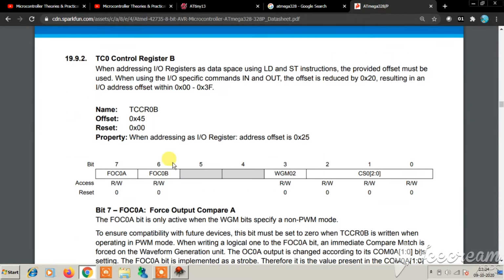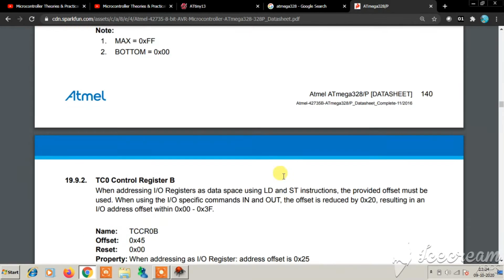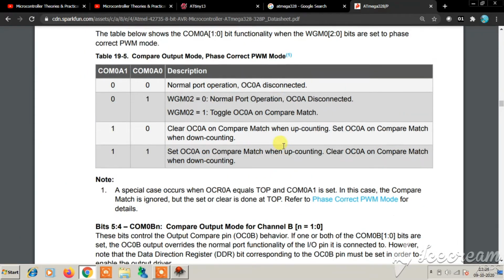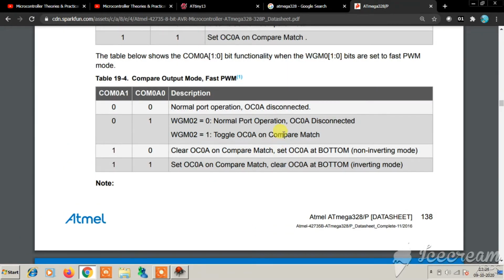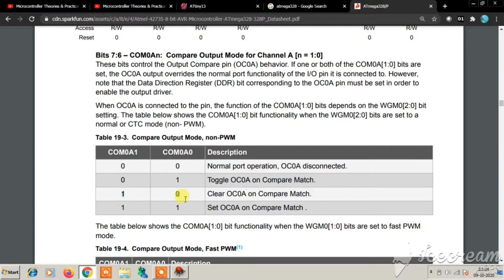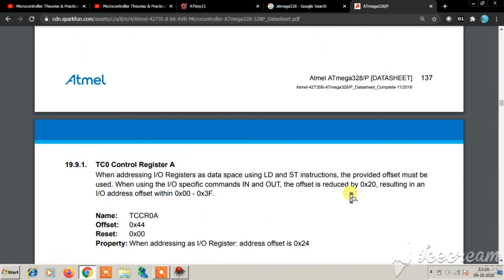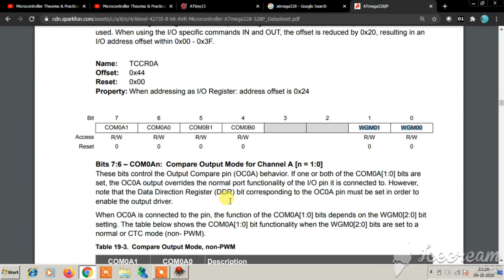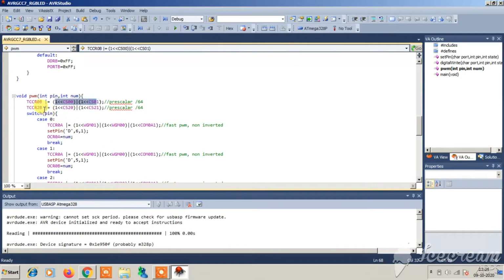For this you have the COM0A0, COM0A1 and COM0B0 and COM0B1 bits. We will be using this mode here, clear OC0A on compare match. And the waveform generation bits you need to set to fast PWM mode, and set the clock prescaler, and that's all. That's what we have done here.